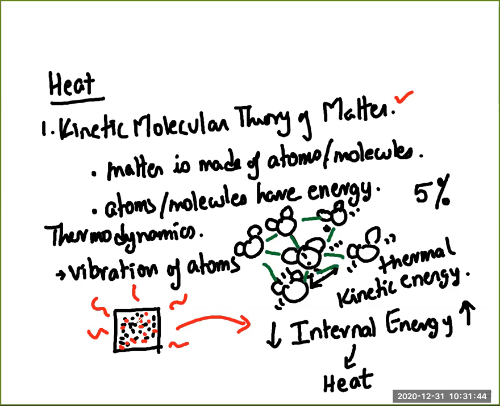If you take a body that is made up of atoms and molecules and they are all vibrating about a mean position, if you provide external energy to this body, then the atoms and molecules vibrate more, therefore increasing its internal energy. If you allow it to cool down, it loses energy to the surroundings and therefore it reduces its internal energy. This internal energy is what is termed as heat. Okay, and now we will move on to the next part of it, which is discussing how we measure the internal energy.